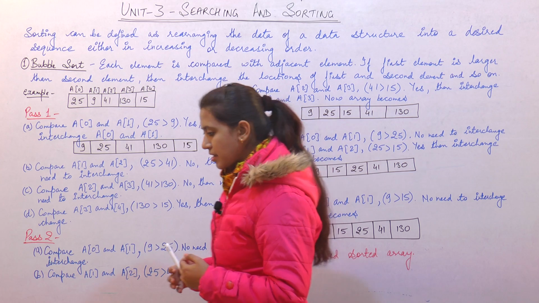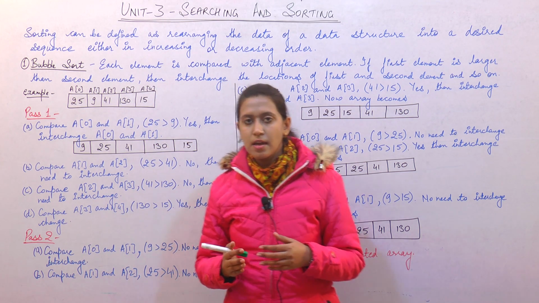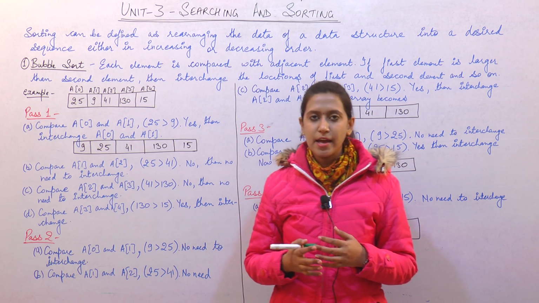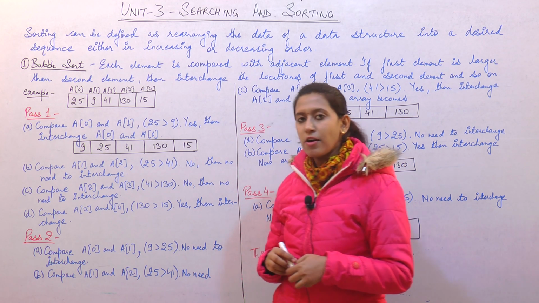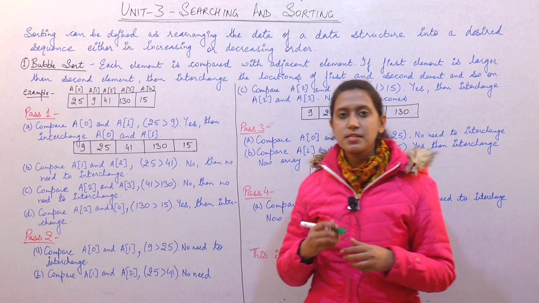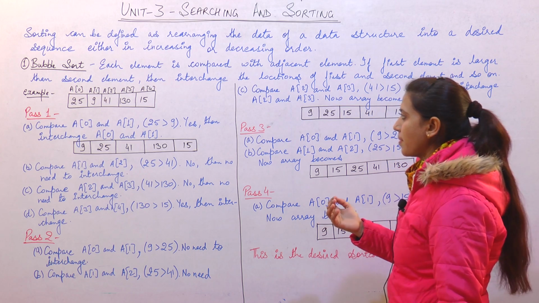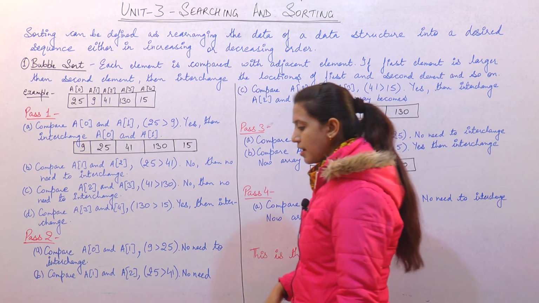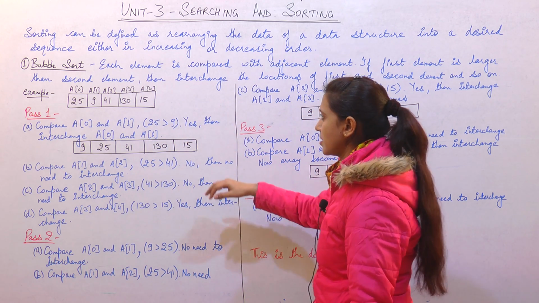Now we will study different sorting techniques. We will study 5 to 6 different types of sorting techniques which we can apply on the data stored in a data structure, and all these techniques work differently. We will study all these techniques using examples of how we can apply them to sort unsorted data. Our first technique is bubble sort.